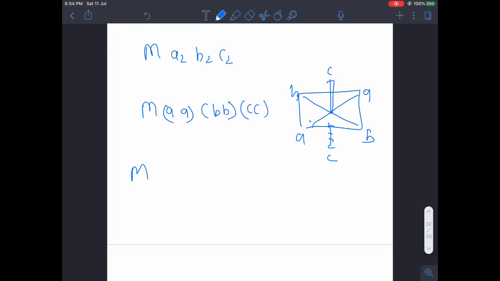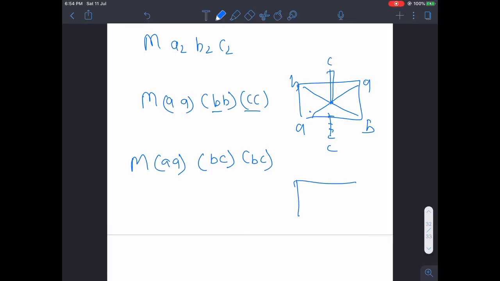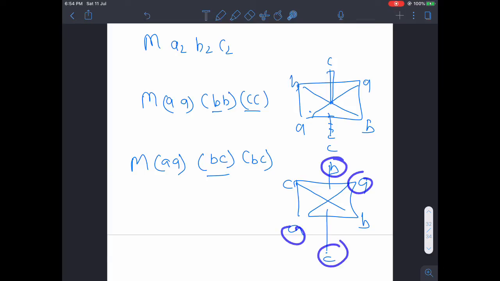Now what I will do, I will keep AA fixed, but I will change this. So what will happen in this case? In the other diagram, AA will be as it is, but the remaining two will be B, C and B, C. Now in this case, AA is trans and here BC is trans to each other. Or you can see C and C are at 90 degrees. AA is trans and CC or BB is cis.